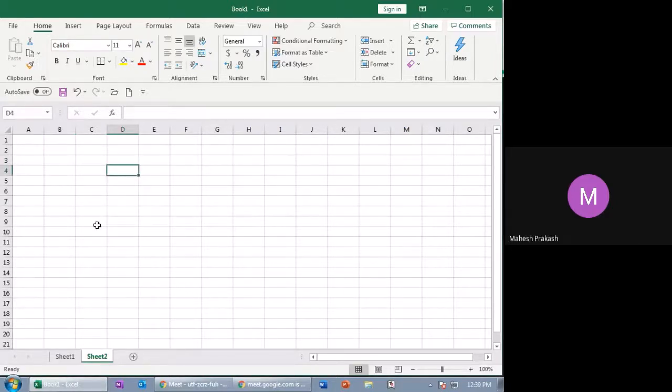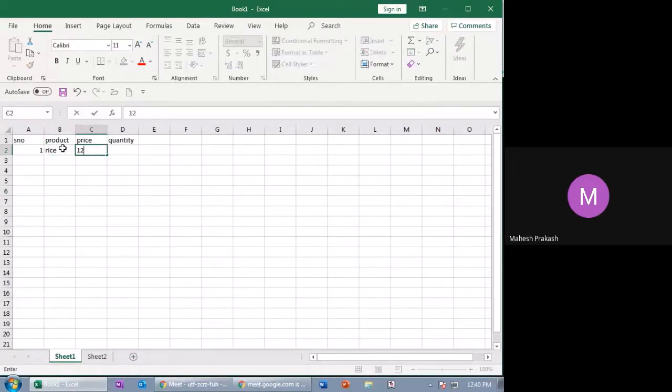So let's imagine Word has been done for you, but I'll tell you how to save a file. For example, if I'm saving this file, the product is something like rice and price around 12 rupees and 2 kg.